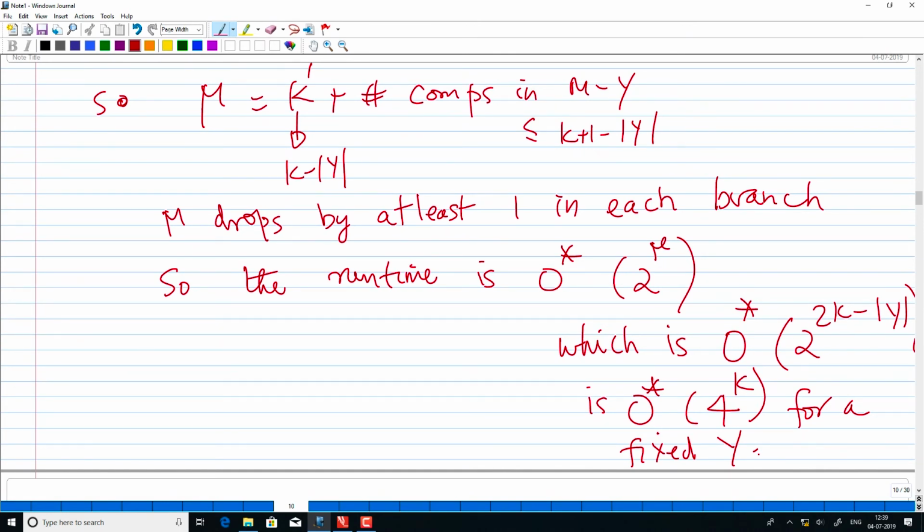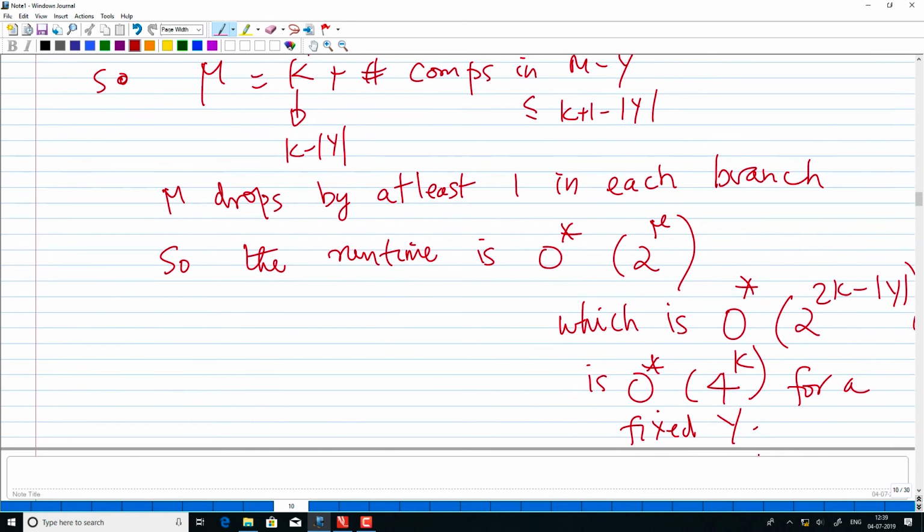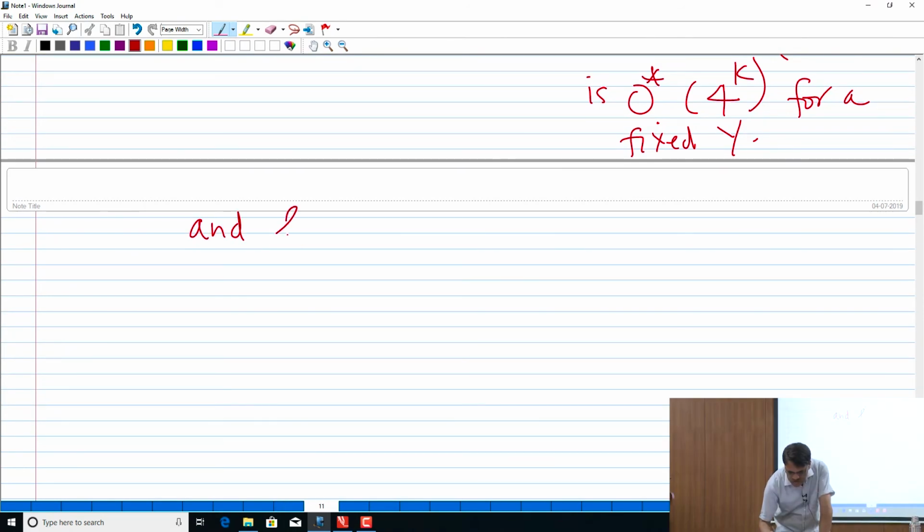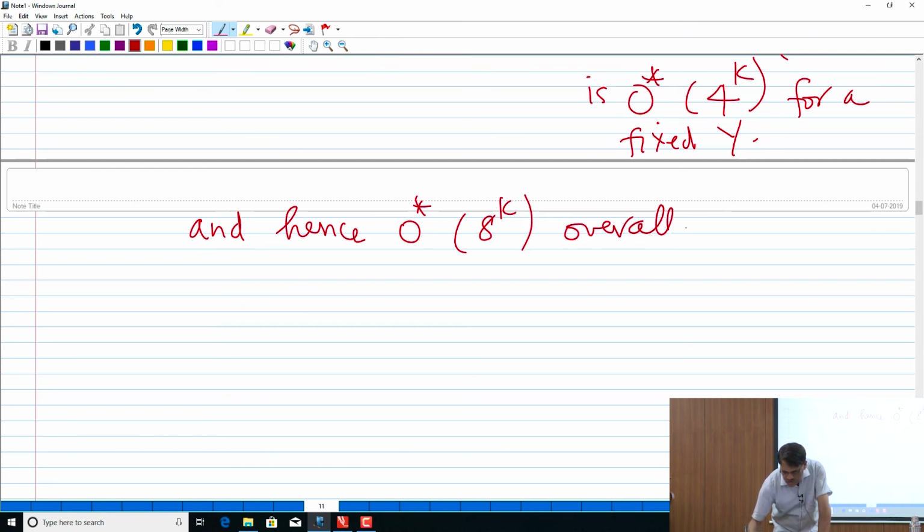Okay? So hence it looks like 8 power k overall, but a more careful analysis